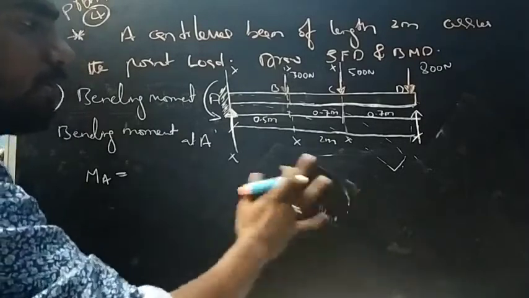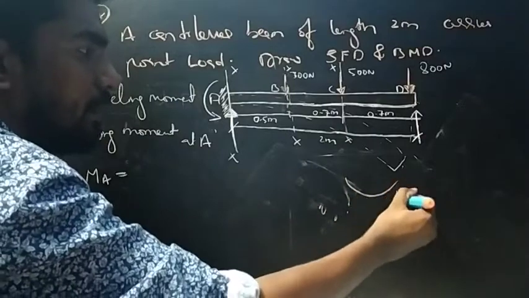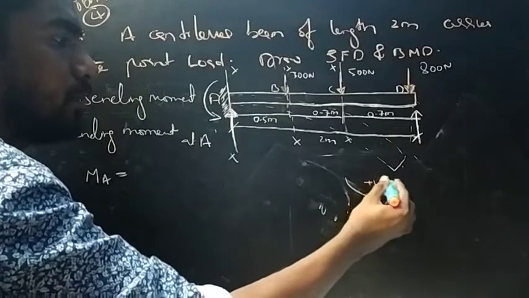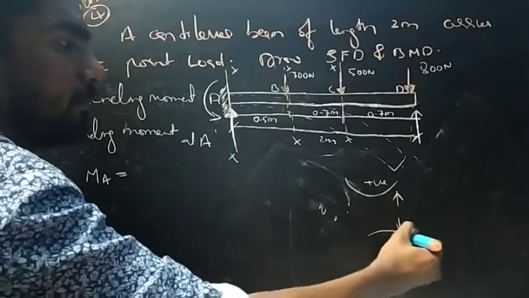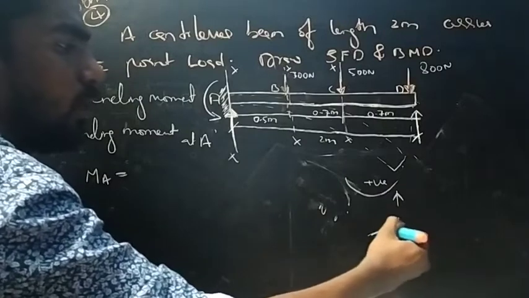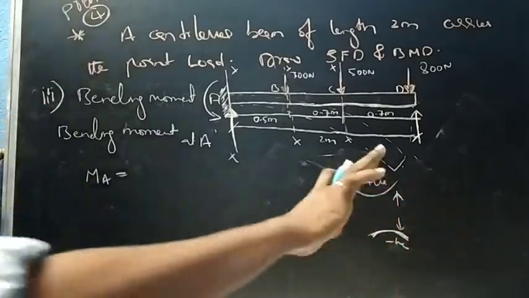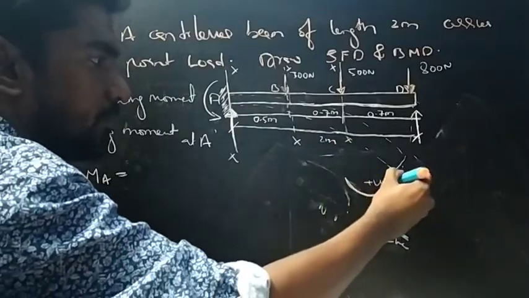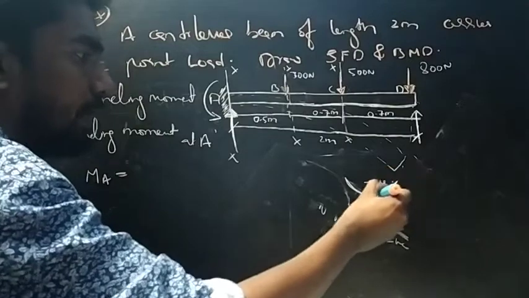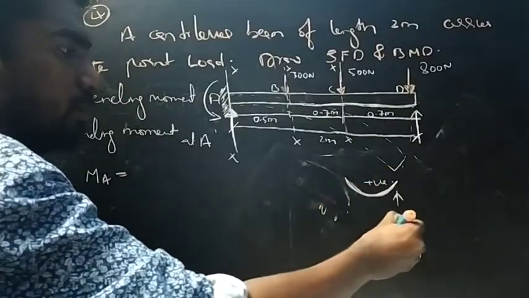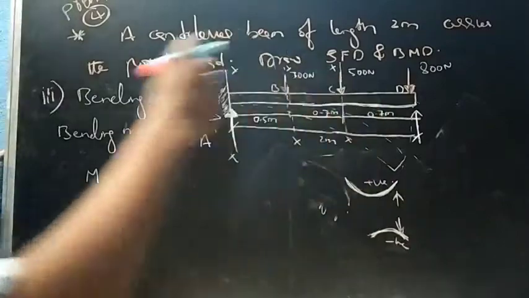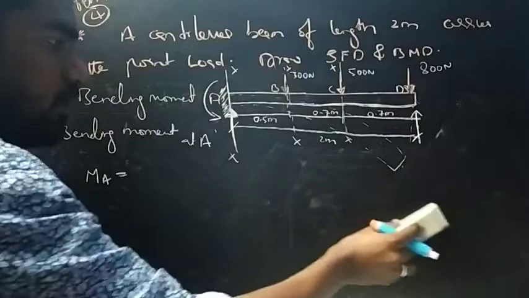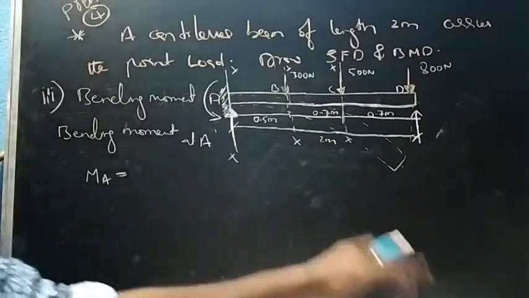So like this is hogging moment. So if the load is making the beam sagging moment, we take positive. If that force making the beam into hogging, we take negative. Right, clear? So first, to remember, if the load makes the beam smile, take positive. If the load makes the beam sad, that means negative. So that is for you to remember. That is a trick actually.